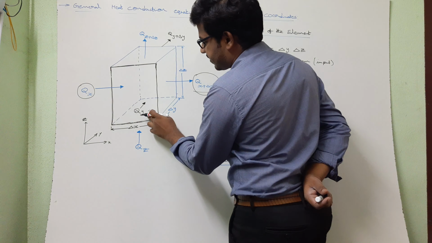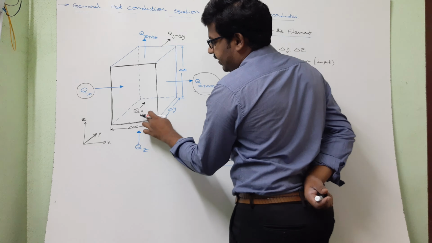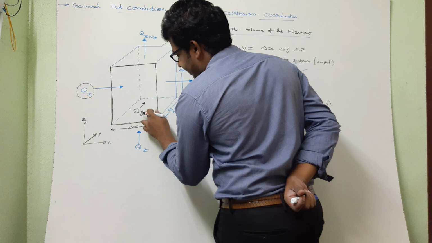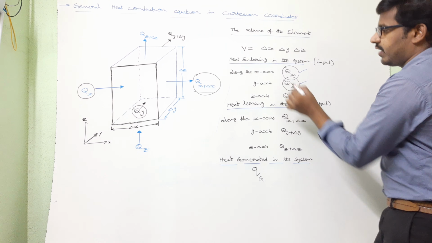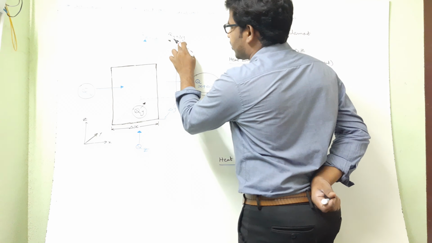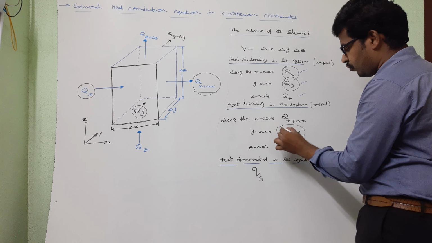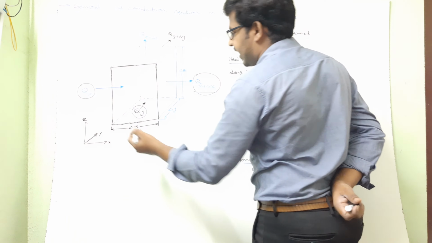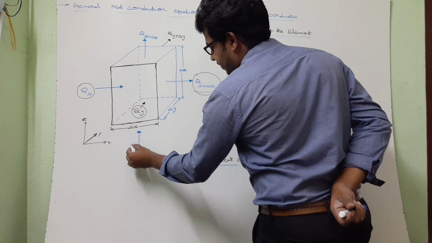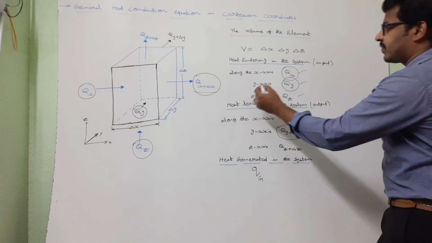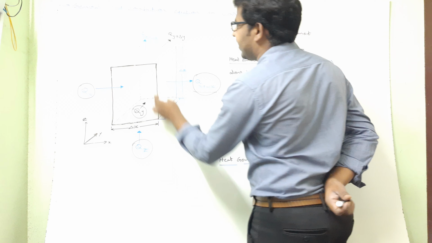Along the y-axis, heat entering the system is Qy, and heat leaving the system is Qy plus delta y. And heat entering the system along the z-axis is Qz, and heat leaving the system along